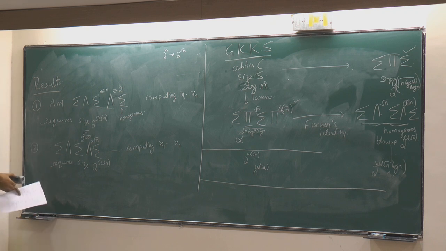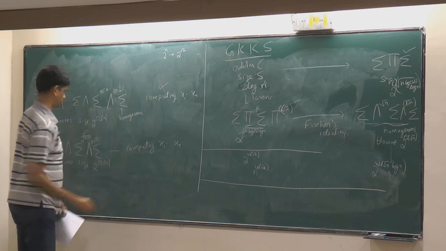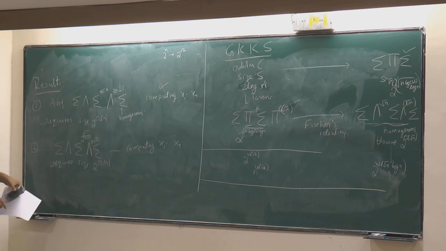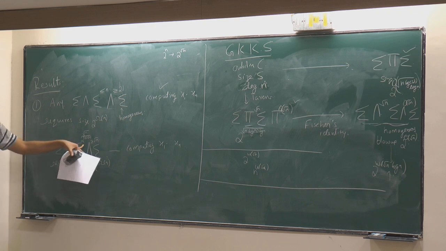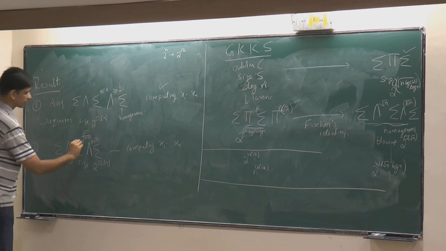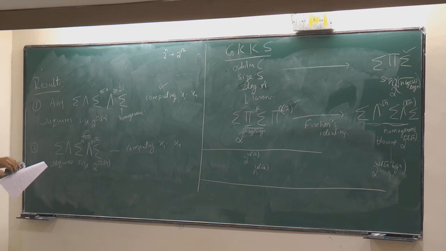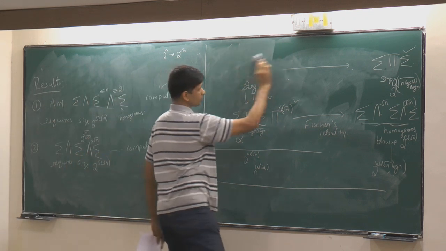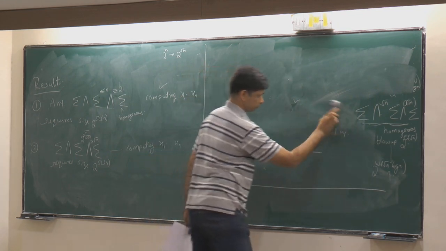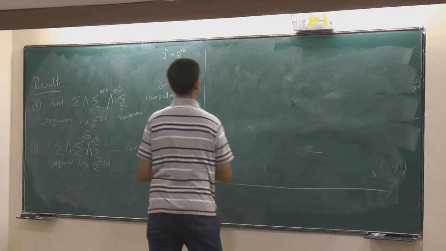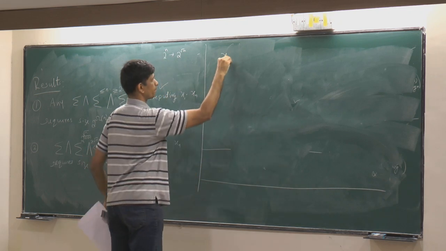Now, just a remark on this result. So we'll in fact be proving the first result. The second result follows from a similar argument. However, let me make a remark about an interesting fact about this result. So the circuit that Srikanth was pointing out. In fact, it's not very difficult to see that the monomial x1 to xn,